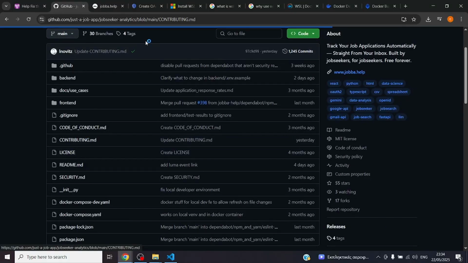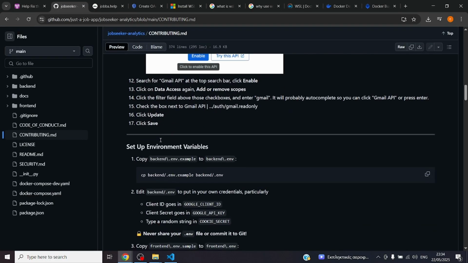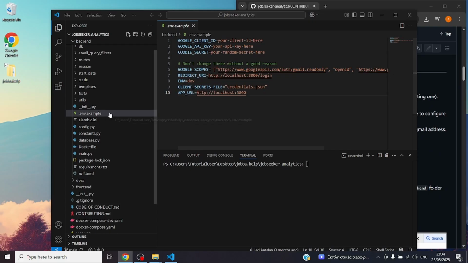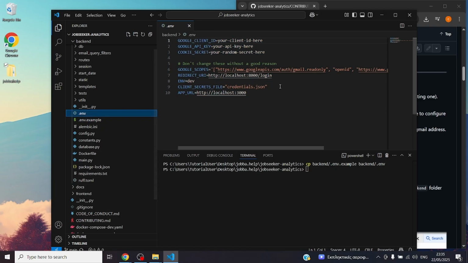Let's go to the contribution. So when you go down, you can see set up environment variables. So we will do that here. And let's copy that. Okay, so